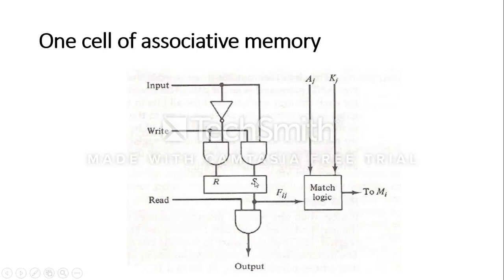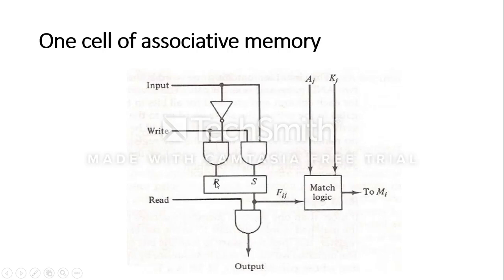Both read and write operations can be performed on this RS flip-flop, the set-reset flip-flop. If some external input value is required to be stored in this flip-flop, then the write control input must be enabled. It must be 1. So the AND of write and the actual input bit is given to the S input pin of the flip-flop. This is a very simple logic. Whenever the write control input is 1, only then the input bit should go to the S input pin of the flip-flop. Otherwise, there should not be any change in the state of the flip-flop. It should continue with its previous state.